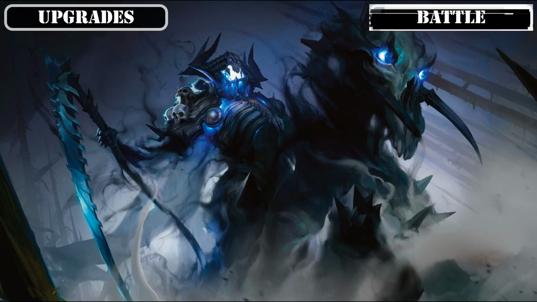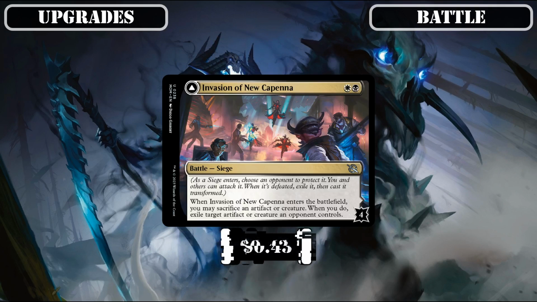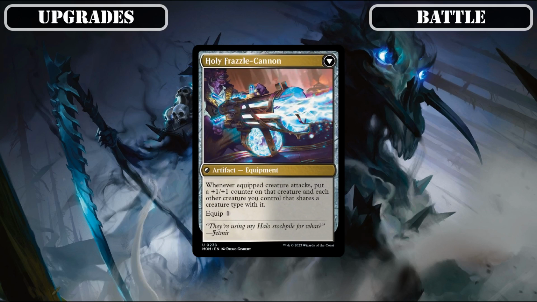And then getting in on the fresh new battle category, we'll be cutting up planes to make room for Invasion of New Capenna, whose front face is a decent exile-based removal effect that also helps us get a knight with an ETB effect into the bin to be reanimated and used again by our commander, and whose back face, Holy